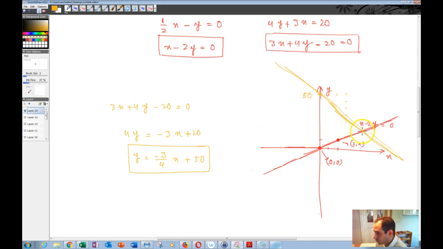But now there is a point somewhere over here where the two lines actually intersect, and that point is the point of intersection of the two lines, meaning that point lies on this line and also on the other line, meaning that point satisfies both of those equations. And that's basically the key here. If there is a point that satisfies both of those equations, that's what the solution here is,